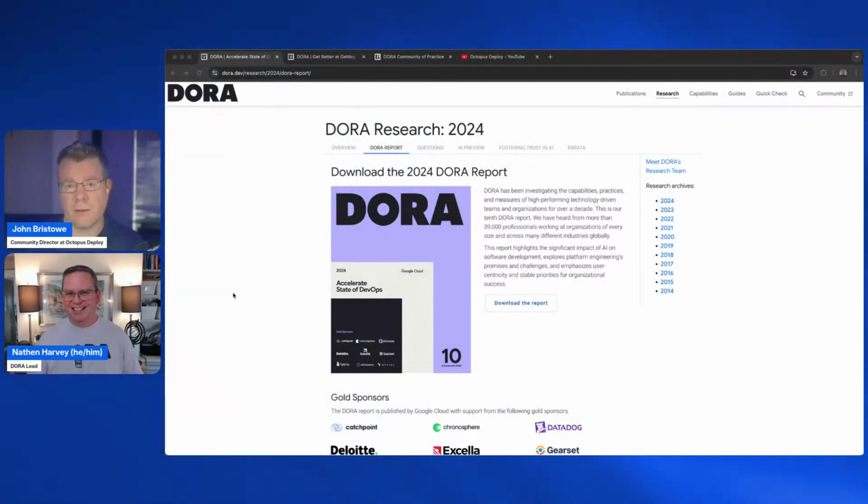Awesome stuff. You can download the report today, as I said before, at dora.dev. AI is definitely something that I've paid a lot of attention to, and I know a lot of other developers have. It's a huge topic as we talk about AI adoption. We know that its adoption is skyrocketing, and in the report itself there's a bunch of characteristics cited, but I think I saw a statistic that 81% of organizations are prioritizing it. So that's a lot, right? You've got tools like GitHub Copilot, and ChatGPT is the basis of a lot of where this started. The report highlights AI in terms of its productivity gains and improved code quality.